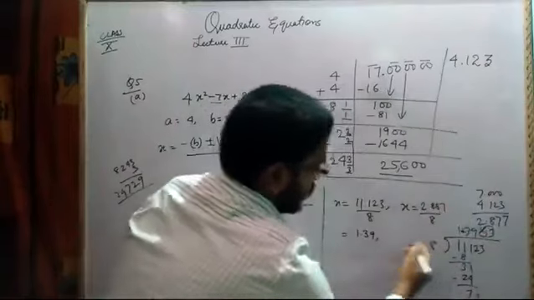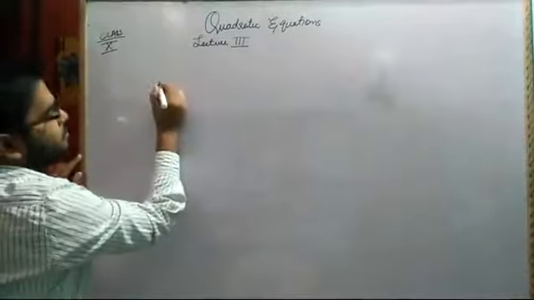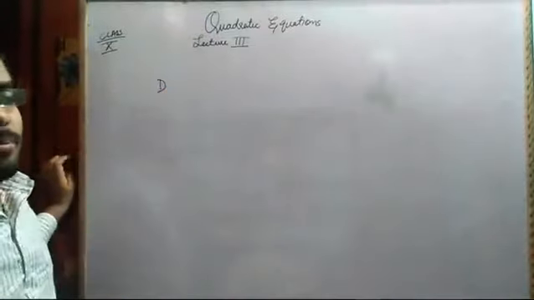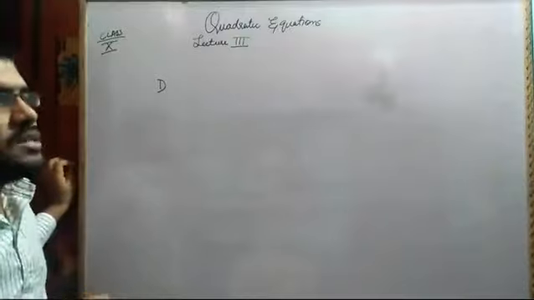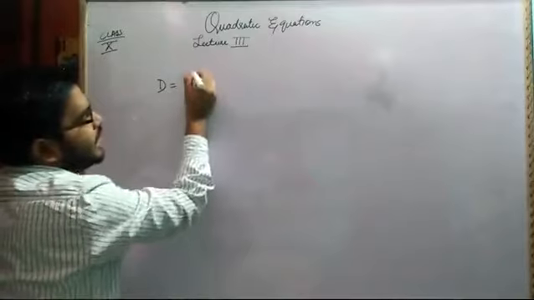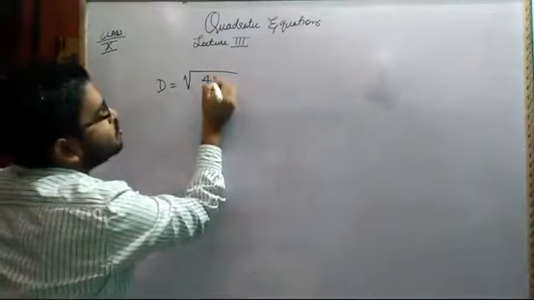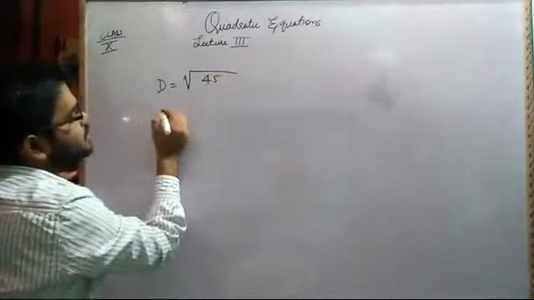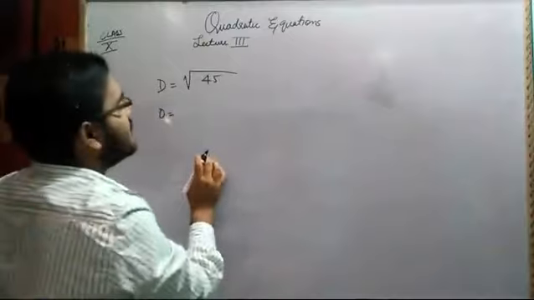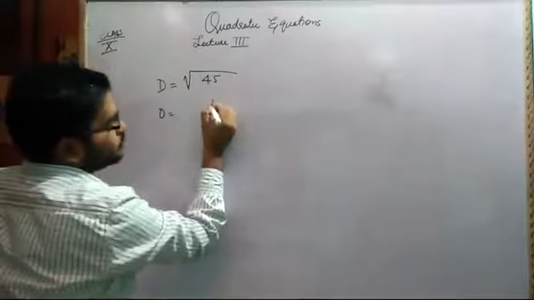In the same way you can find the value of 2.877 divided by 8. Now for your convenience, most of the time when they ask a question based on 2 decimal places or 1 decimal place, you will generally see that after calculating, the discriminant comes out to be 45. Sometimes you will see the discriminant coming out to be 56, or say for example 4 into 3, 12.